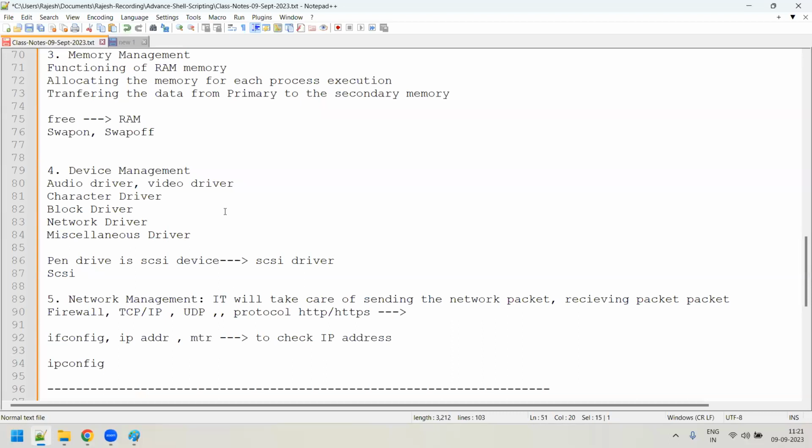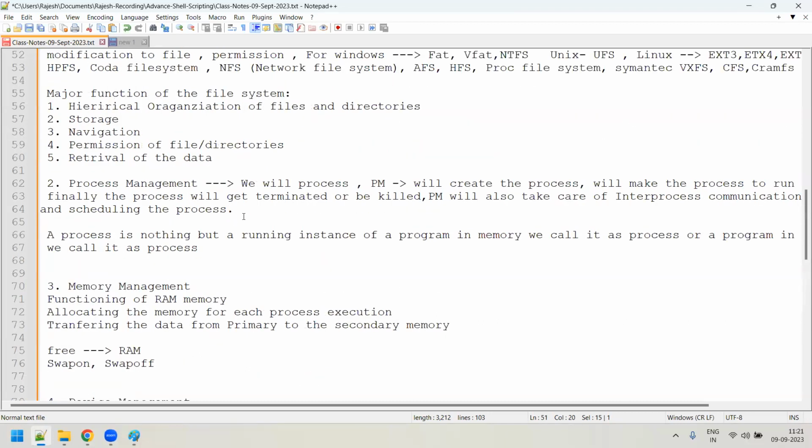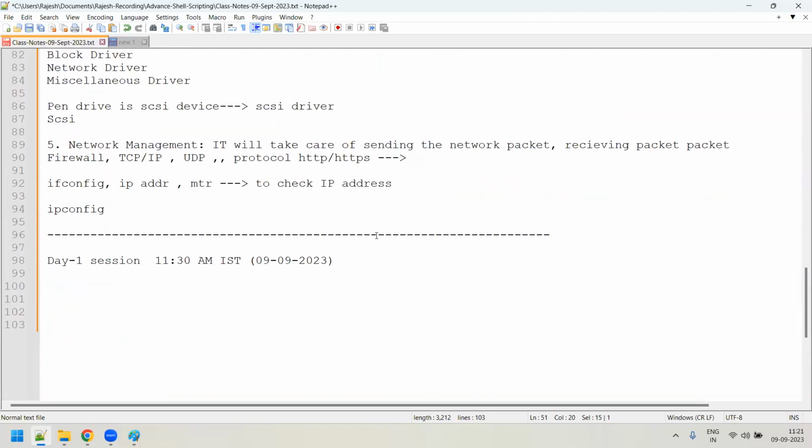But altogether, it's a very big ocean. If you want to get into each and every module, it will take a lot of time to understand and learn, so that is completely out of scope. Those are all system level programmers or embedded engineers who work on those areas, and they will know all these components very well.